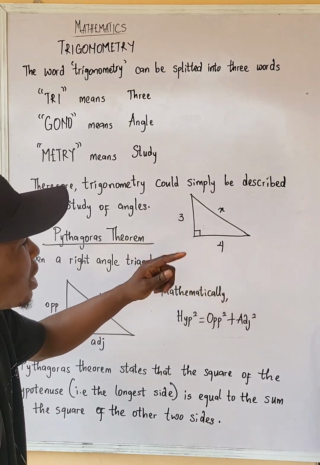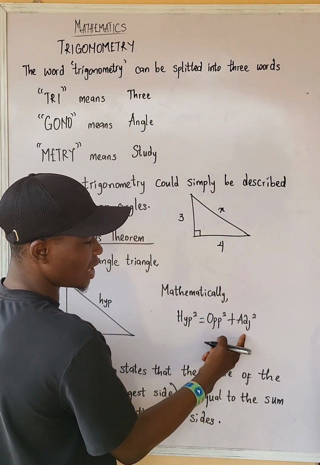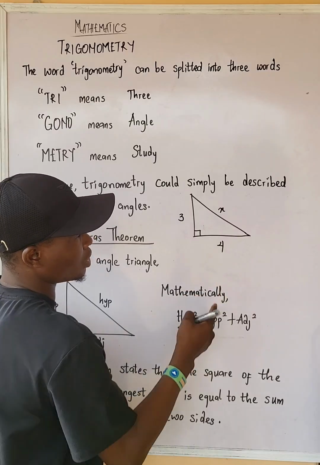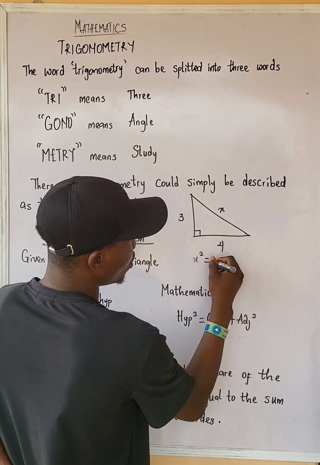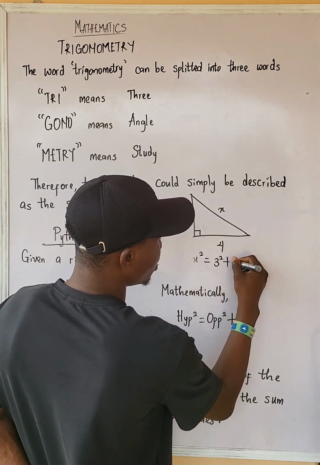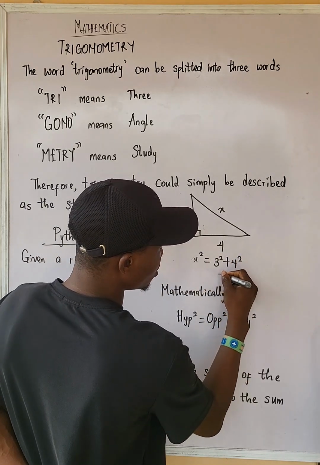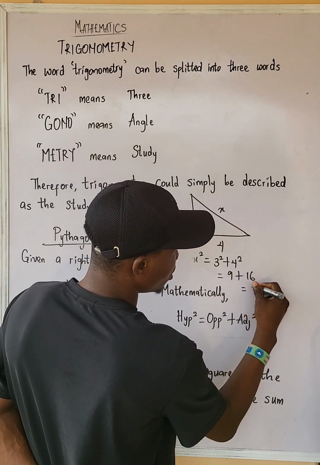Now, using Pythagoras theorem, which is hypotenuse square equals opposite square plus adjacent square. Which one is our hypotenuse? Our hypotenuse is the longest side, which is X. That will be X square equals the square of the other 2 sides, which are 3 square plus 4 square. 3 square is 9, 4 square is 16, and that will give us